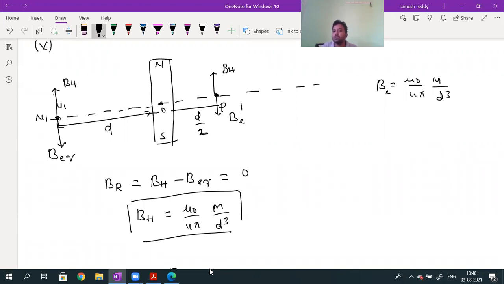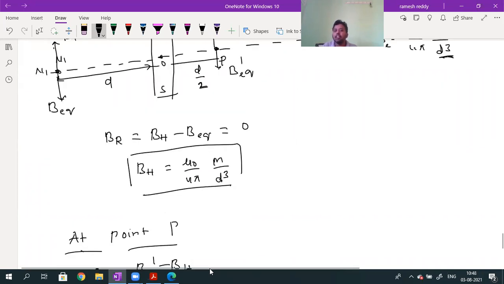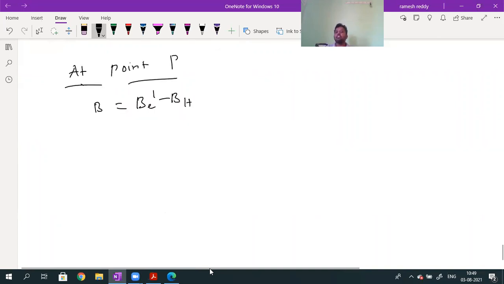When the distance is d by 2, I call the magnetic field due to the bar magnet B equatorial dash. The B equatorial dash value is more because the distance has decreased. More than what? More than the BH value. When the B equatorial value is more than the BH value, what is the resultant value? B equatorial minus BH. What is the B equatorial value? It is given by mu naught divided by 4 pi, the bar magnet's magnetic moment is the same, capital M, and the distance is d by 2 whole cube, minus BH.